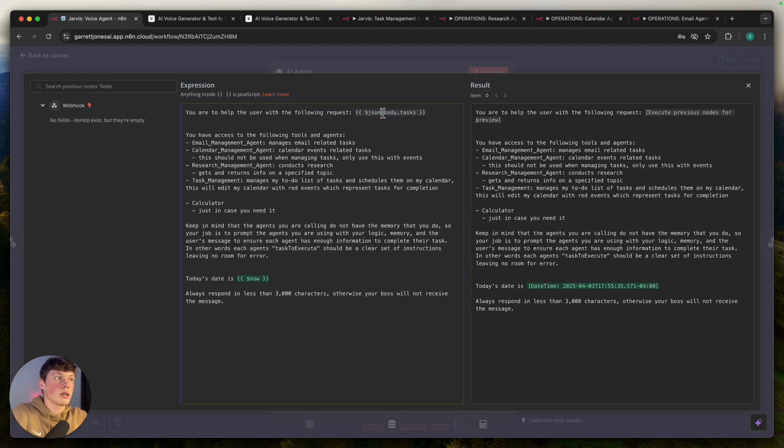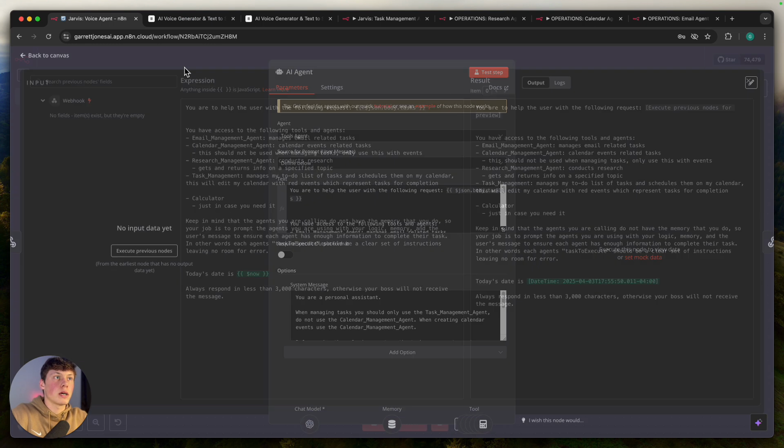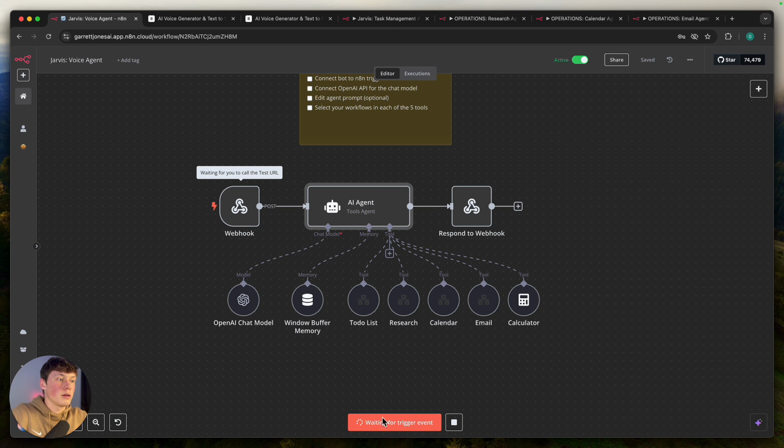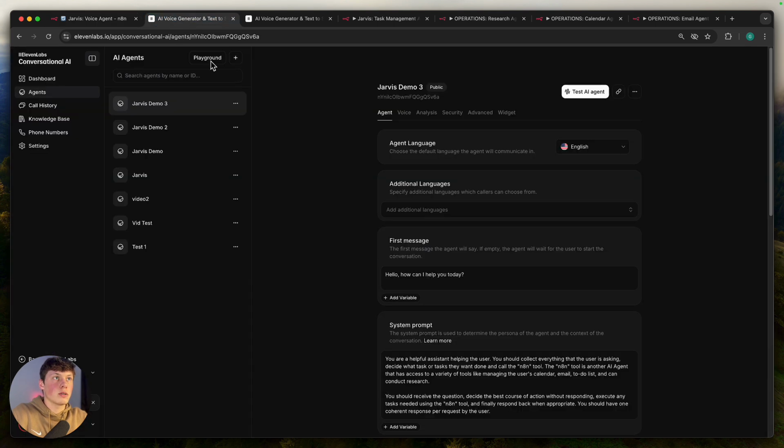So you can see JSON, and then we're getting the body parameter, and then the identifier was tasks in my case. So if you call that something different, change this variable here, and you can also get these by clicking execute previous nodes. If you click this, click out of the agent, you can see it is now waiting for a trigger event. So while it's waiting, you can go back to ElevenLabs, click test agent, and then you can